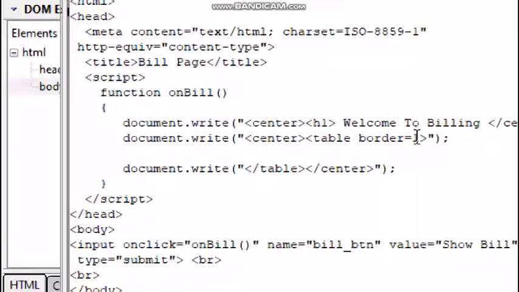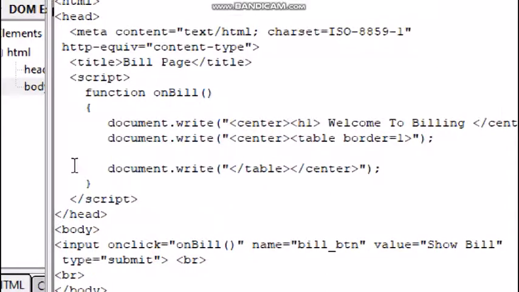Now we are going to use these table tags like tr for table row, th for table heading and td for table data. I repeat again, when you want to give row in a table, write tr. While giving heading in a table, write th. While giving data in a table, write td. First, I will write heading of the table using tr tag and th tag.